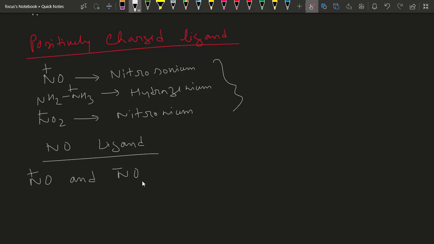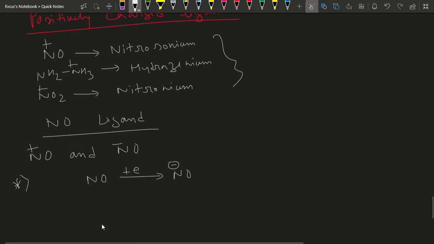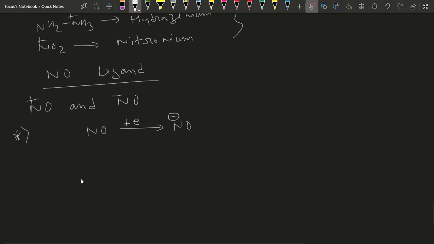The main important points to be noted are, this is simple NO, that is in its neutral state. When we add one electron, it will become NO-. Similarly, when we remove one electron, it will become NO+. The main structures are,